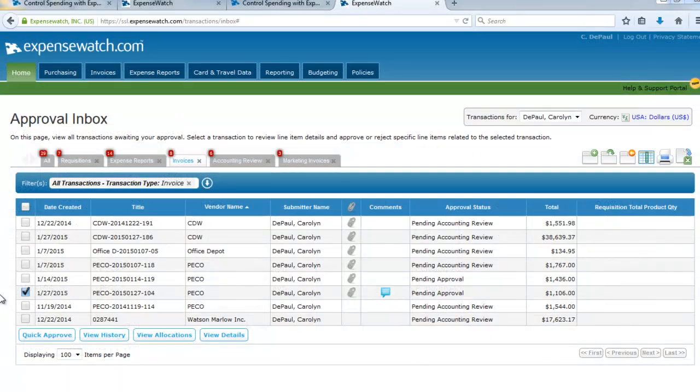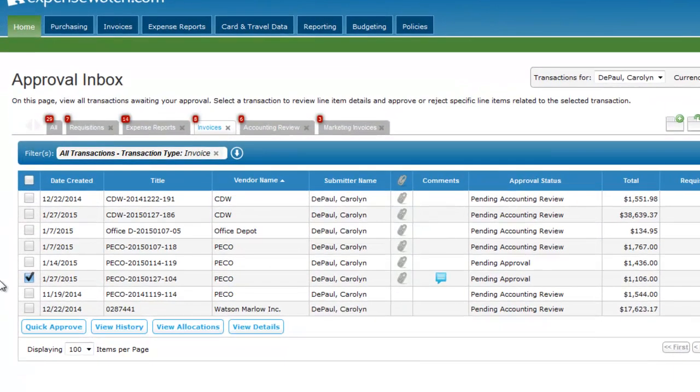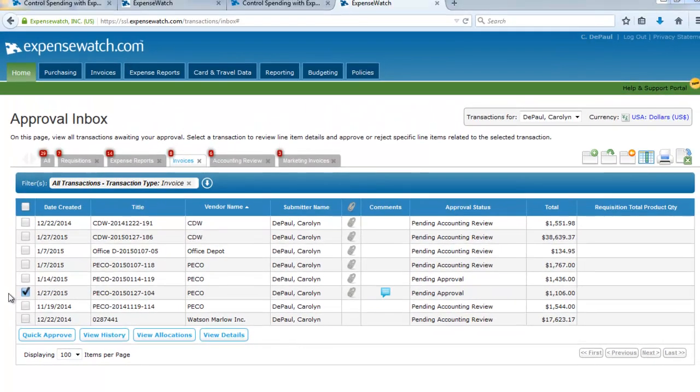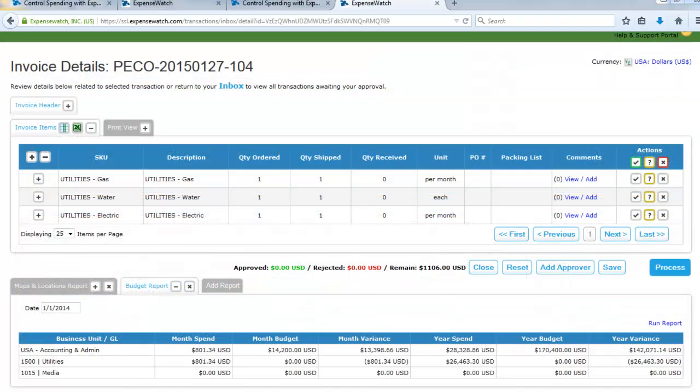From this view, you can also easily see if documentation or comments are attached to a transaction, inviting you to drill in to see more detailed information. We'll drill into this transaction now. There are three sections that comprise the transaction detail screen. The header area, which includes summary level information for this transaction, the middle line item section, and the bottom transaction